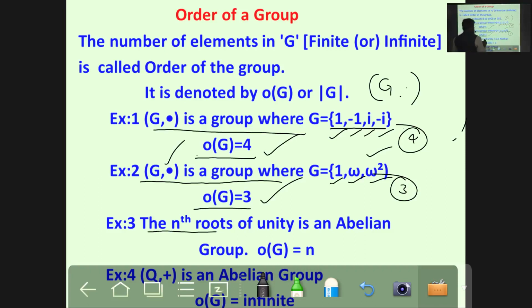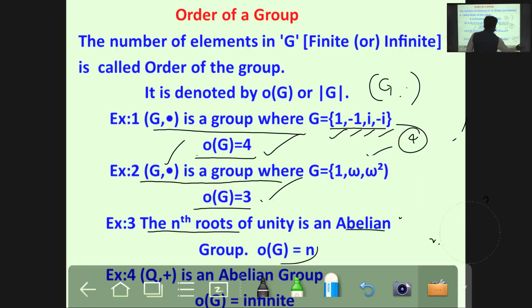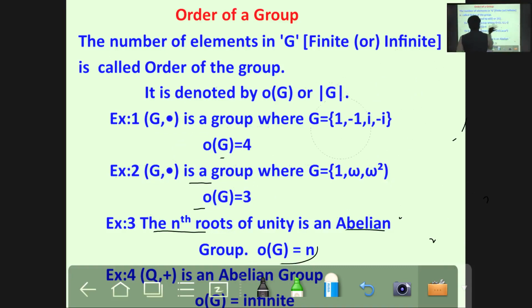The nth roots of unity form an abelian group. So nth roots, G contains n roots, 1, 2, 3 and so on. So how many elements? n elements. Therefore, the order of G equals n. Understand? Now,